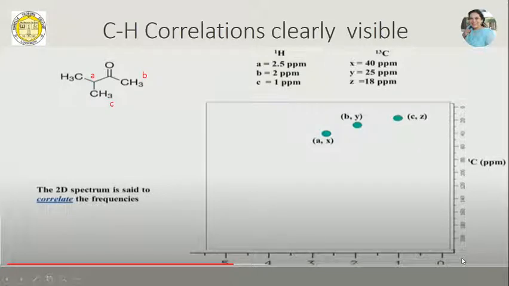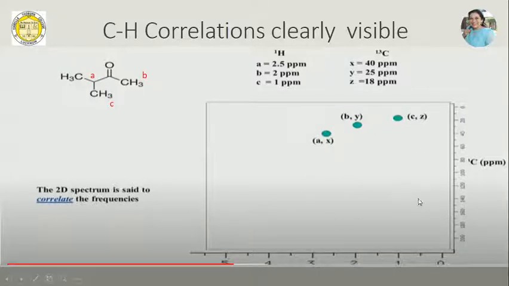If you look at this particular 2D NMR, here on the y-axis I can see the C13 frequency axis, and on the x-axis I can see a proton NMR axis. Thus, there are two frequency axes, so it is referred to as a 2D NMR. 1D NMR has one frequency axis, while 2D NMR has two frequency axes. In this particular NMR, since the two frequency axes belong to two different atoms, this is an example of a heteronuclear 2D NMR.